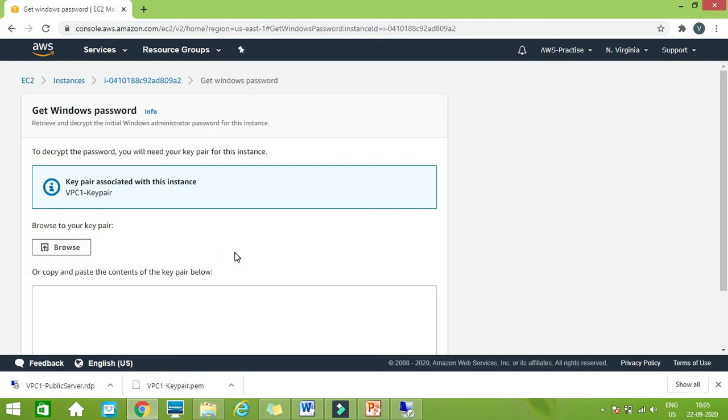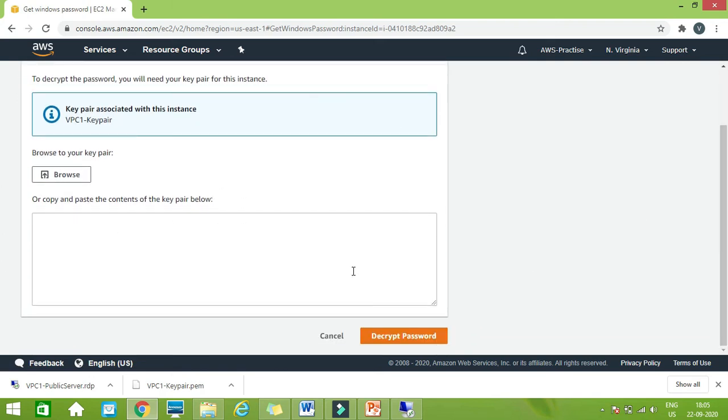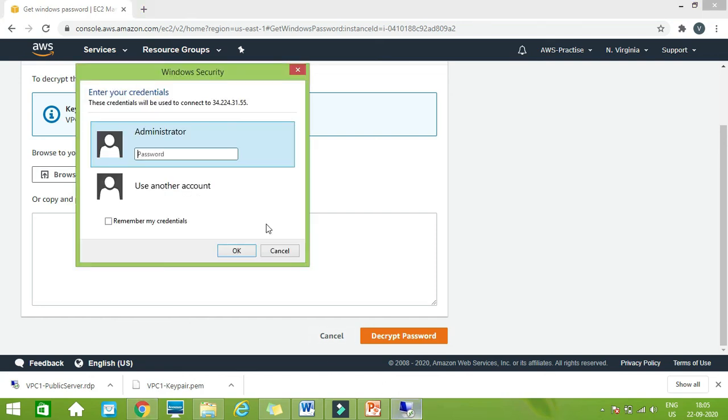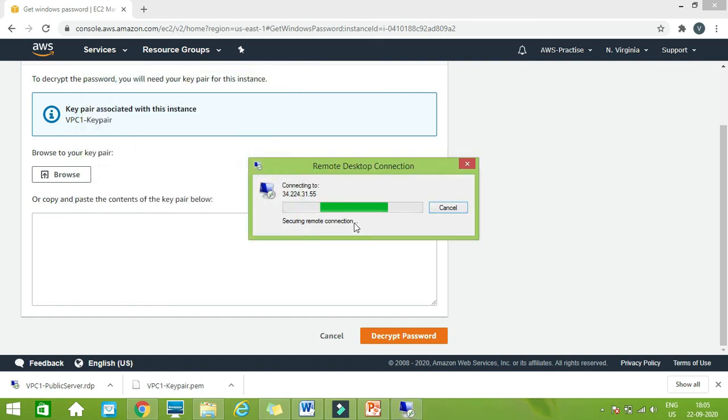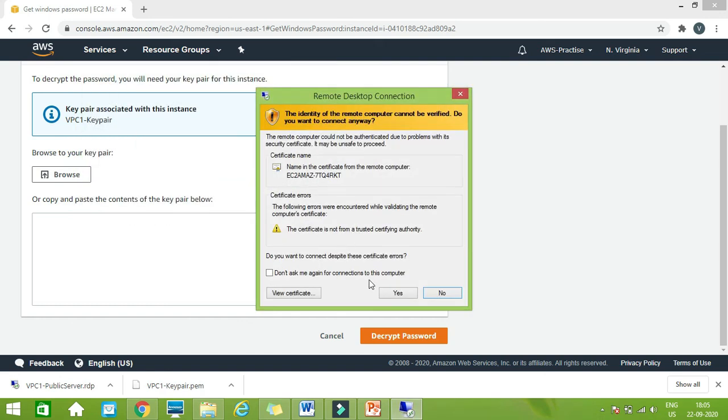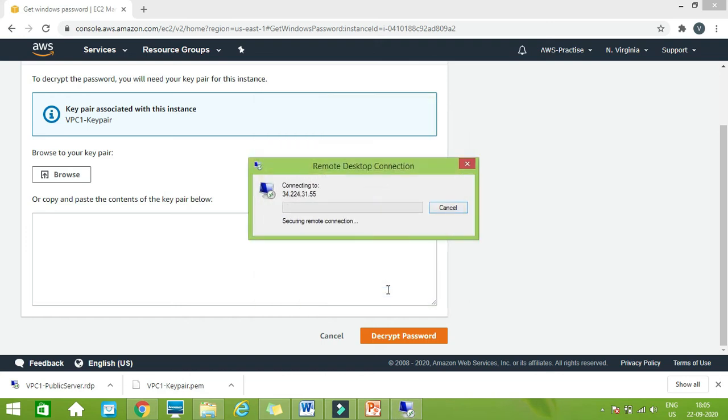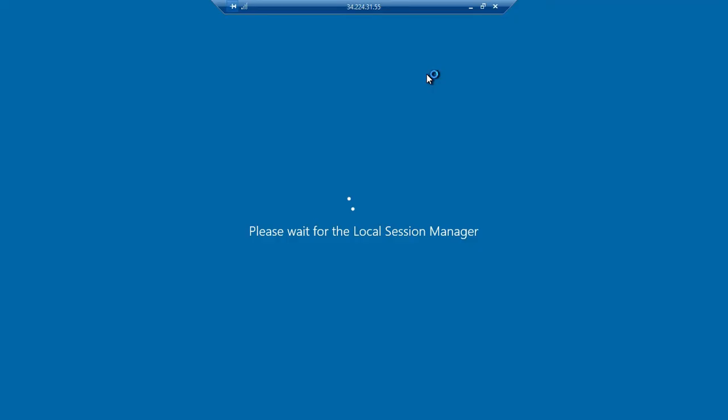If you remember, if you don't remember, just do it again: get the Windows password, decrypt password, and it will give you a very small password that I have copied. So you can just paste that password here and click on OK. It will ask you to connect, and then you can say yes, and we are successfully able to connect to our server.